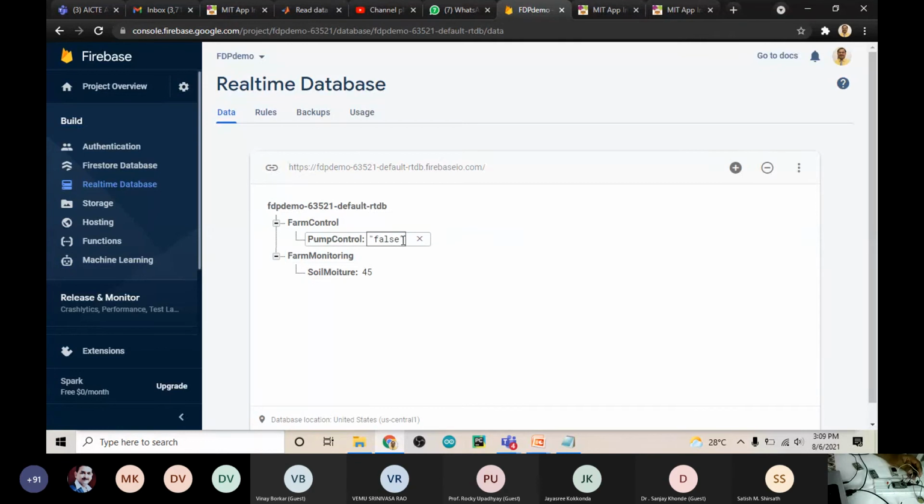Also, if you press the button in your mobile app, this data will change, and we will write code in your controller so that this LED switches on and off automatically. So from anywhere we can switch this device on and off. In place of this LED, you can connect a relay and any 230-volt device, or make a circuit so that a pump can be switched on and off.